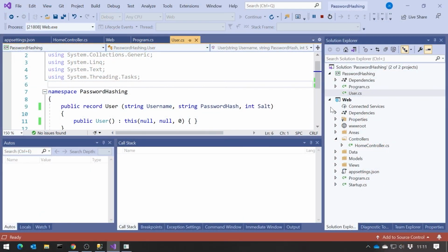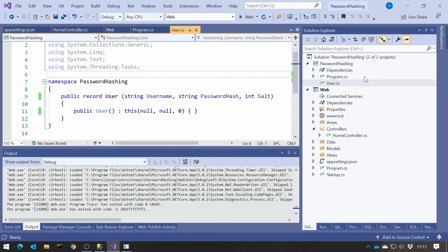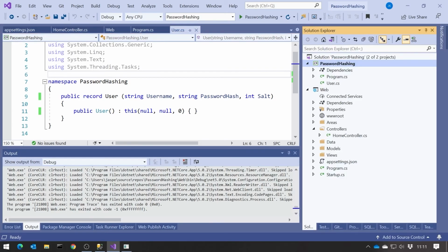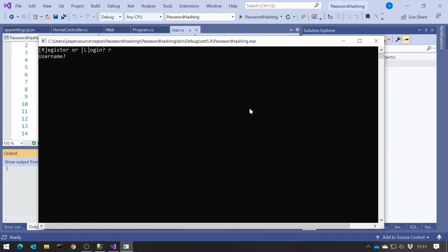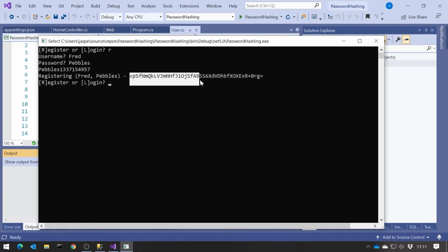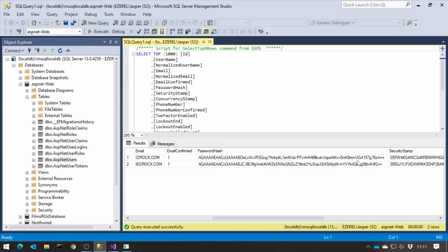Now, something that changed a few versions back of this, there used to be a separate column in here which was used to store the password salt, similar to the way that in the program over here, I'd just put in a separate field for that salt. But the way it's done now actually is slightly different. If we just run this one up again and just do a register, you'll notice that what we've got in here as our hashed salted password is rather shorter than what we've got in here under that password hash.